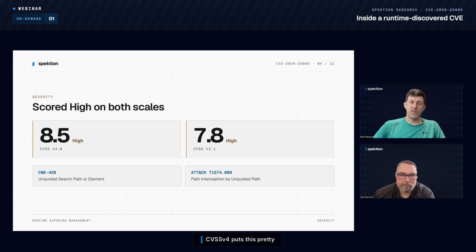And so CVSS v4 puts this pretty high. It's at an 8.5, but a lot of organizations are still using 3.1. So it's the more common 7.8, which is listed as a high. And it maps really cleanly to MITRE ATT&CK technique T1574 with the sub-technique .009, so path interception. Got it. Okay, so it's a real one,